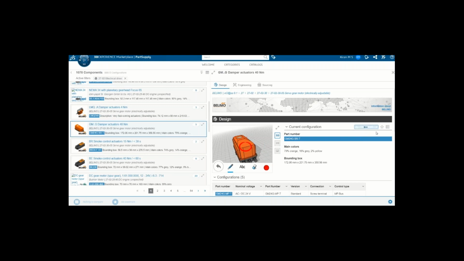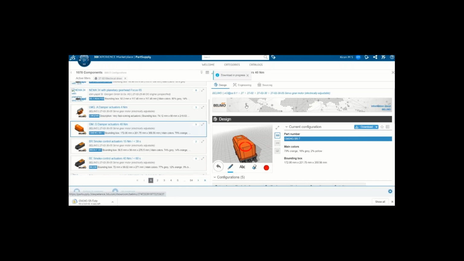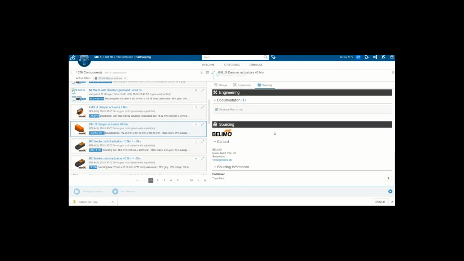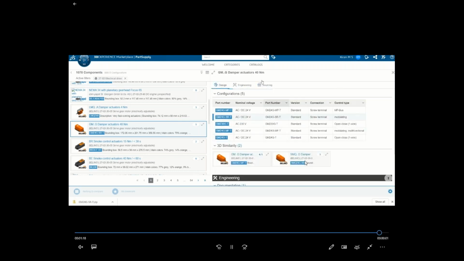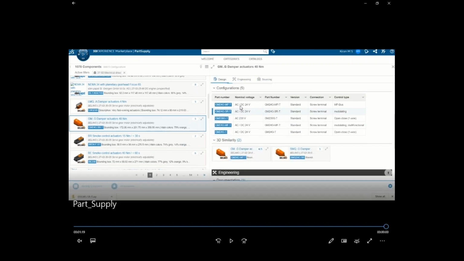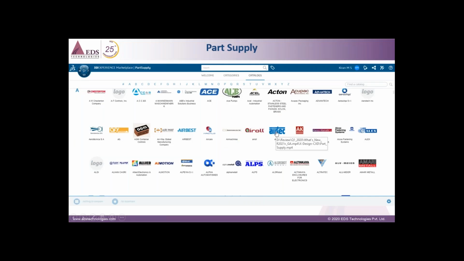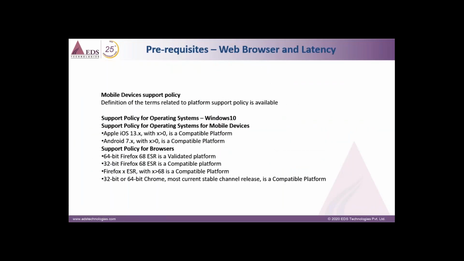You can see here CATIA V5, SolidWorks and STEP. Then you can try to assemble it, and if this component is fitting my requirement, then you can start ordering as per your requirements. If you see nominal voltage, part number, there are parameters which are already published by the supplier. So this we are calling digital continuity.